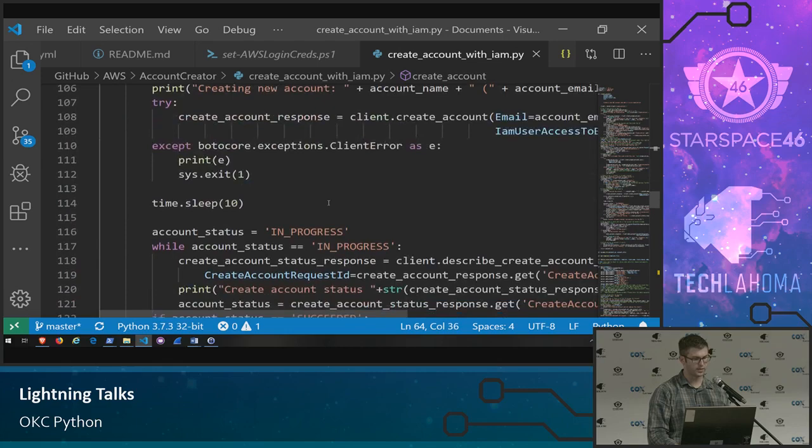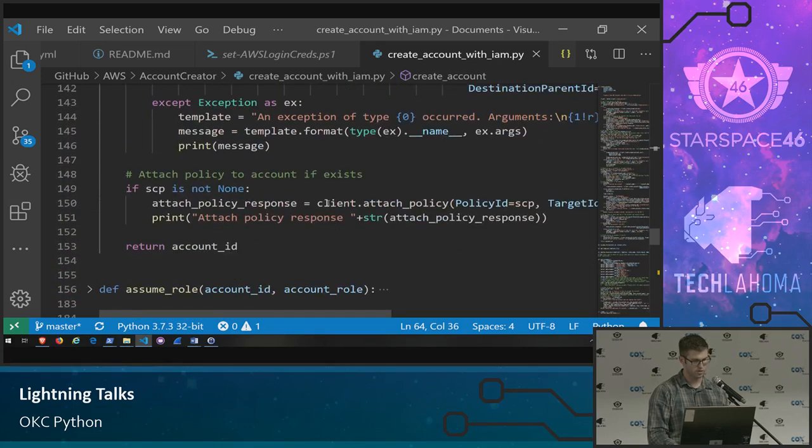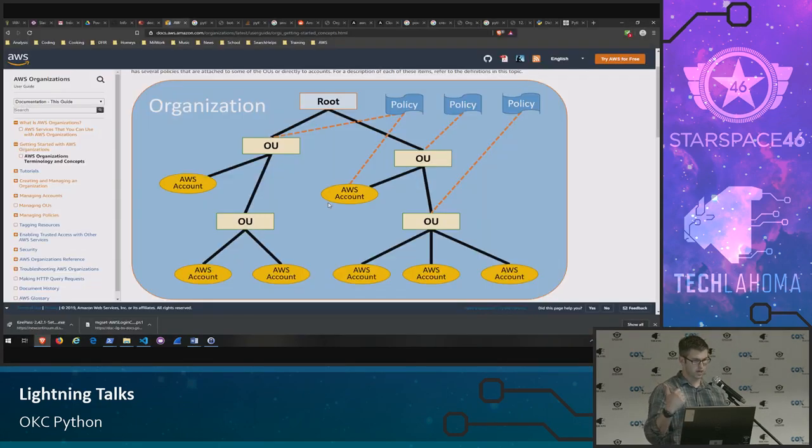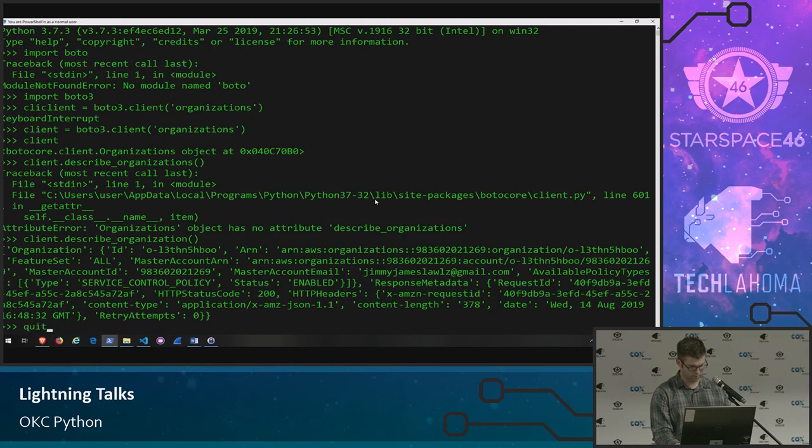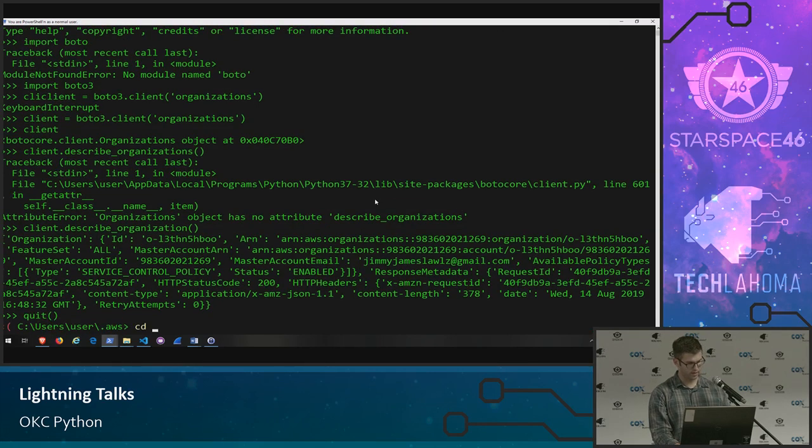Now, the only problem with this one, I haven't tested the actual stack portion, but this will validate the organization. If the organization's not there, it'll create one. Then from there, it'll create a new OU and a new account under that organization. And so let's go ahead and see if James wasn't lying about saying this worked. So to run this script, I already have Python in my path,